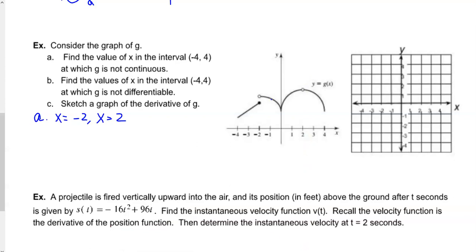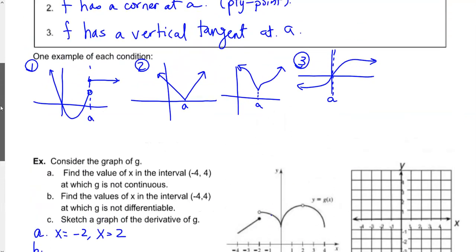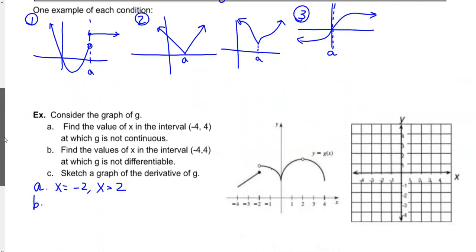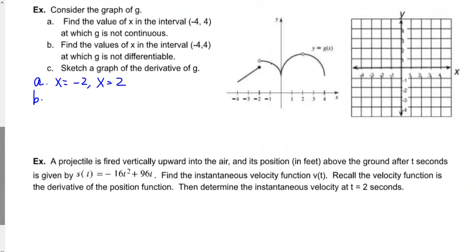Okay? So now, part B says we need to find the values of x on the interval -4 to 4 at which G is not differentiable. So that means we have to consider these three specifics. If it's not continuous, then it's not differentiable. If we have a pointy point, it's not differentiable. If we have a vertical tangent at a point, it's not differentiable. So from part A, I can go ahead and write down -2 and +2 because if it's not continuous,